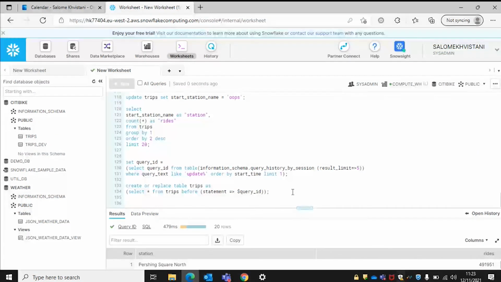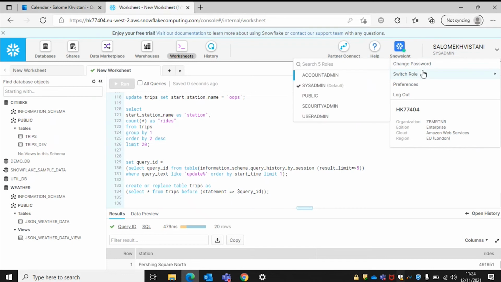So the next part of the module explores role-based access controls, account usage, and account admin. In this whole time, we've been using the system administrator role, which is given right over here. However, it doesn't mean that that's the only role that we have. So we can actually create new roles and we can switch the roles as part of our account. For example, to be able to create the new roles, we have to be in the account admin role, not the system administrator. So we go and switch the role from here to